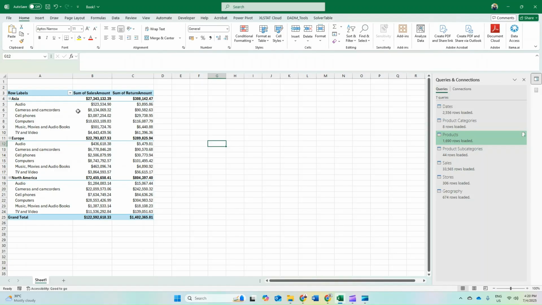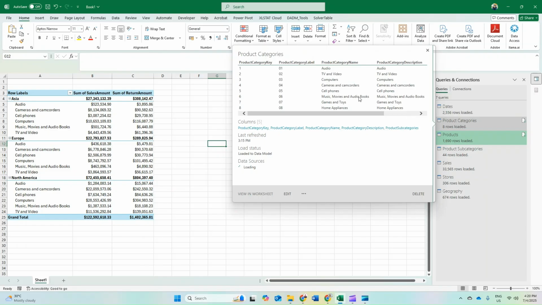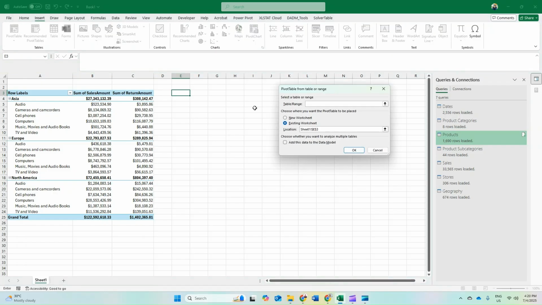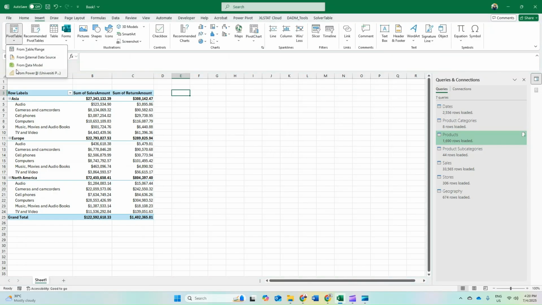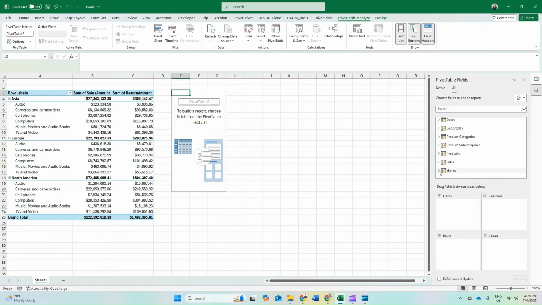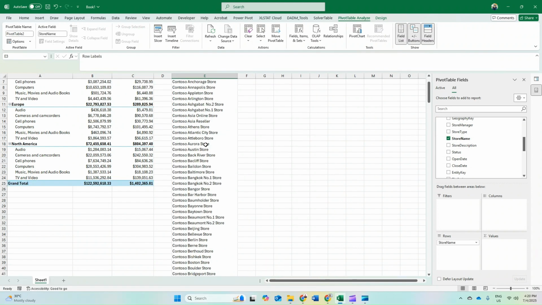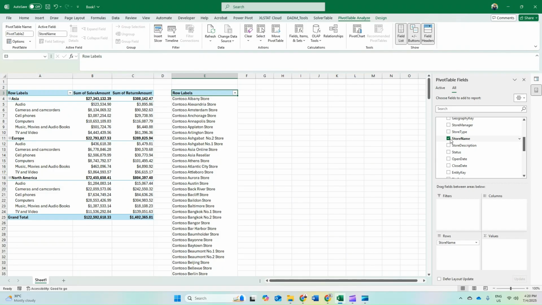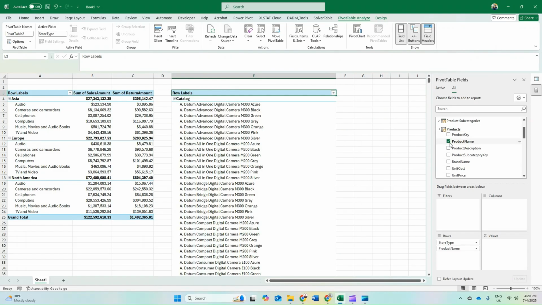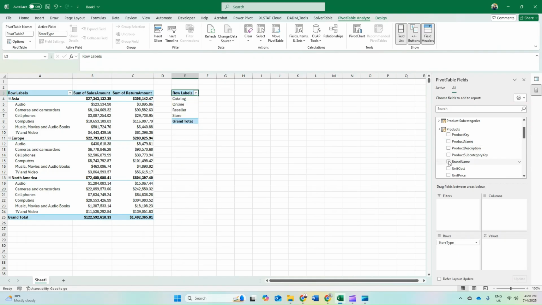So this summarizes one table. You create one table from different sources. If you want to add another table, then just go to Insert. Don't just click there. Click here, from data model. Either you want to create a new worksheet or use an existing one, click OK. Let's say you want to create a table for store name. So many stores. Maybe we just put store type. So store type, and from products, product category, brand name.